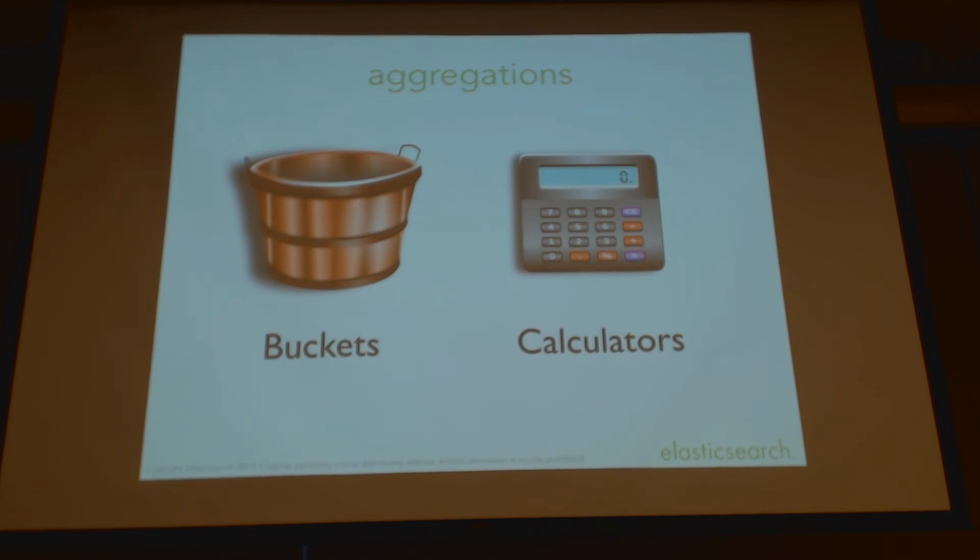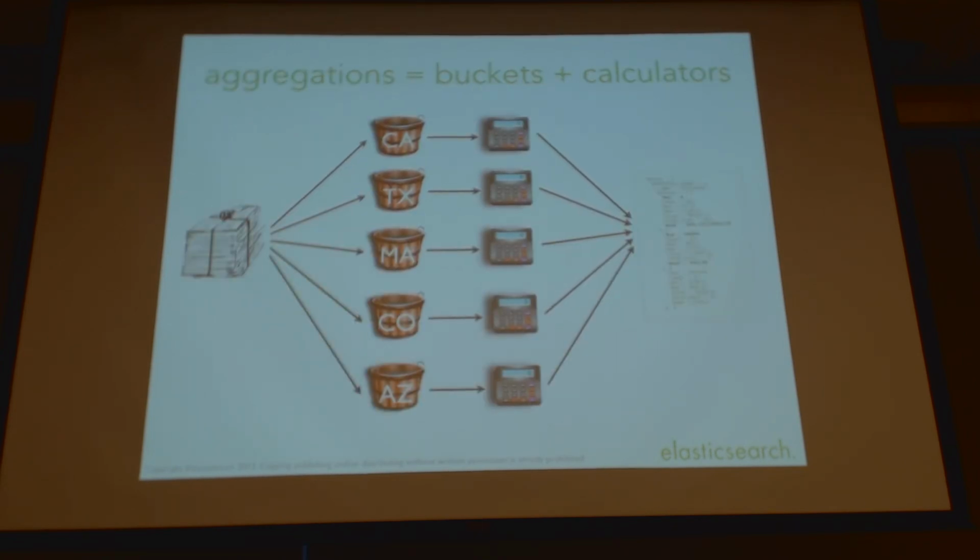And within those buckets of data, those collections of data, we can further bucketize. And eventually, what we want to do is run some calculation, run some metric aggregation on the contents of these buckets. So for instance, working through this example of the state data, our buckets in this example would be the states: California, Texas, Massachusetts, Colorado, and so on. And what we did in the last example with facets was we just did a top-level, single-level calculation on population